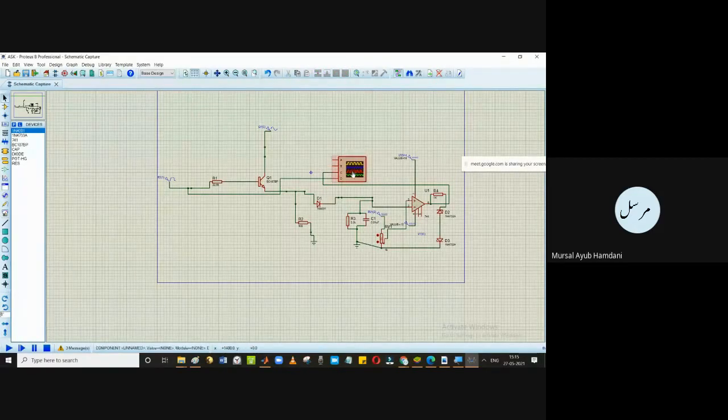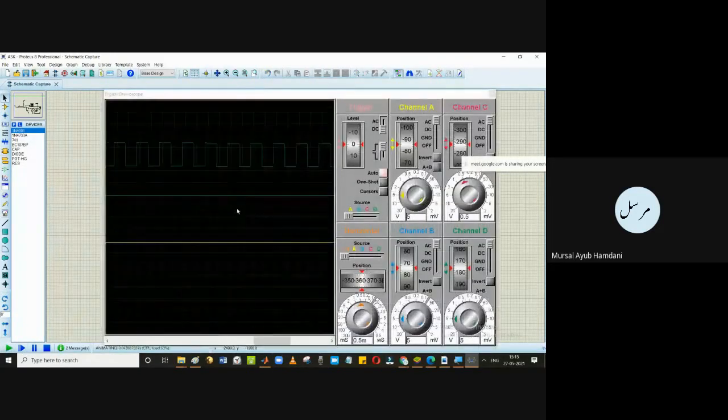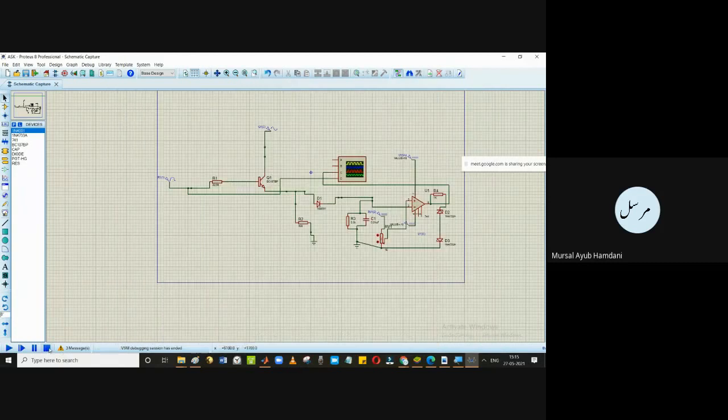I'll be taking C and D only to compare them. So we're getting the output, but the input is not coming. Maybe there is some issue with the connections that I have made. The C is not coming.